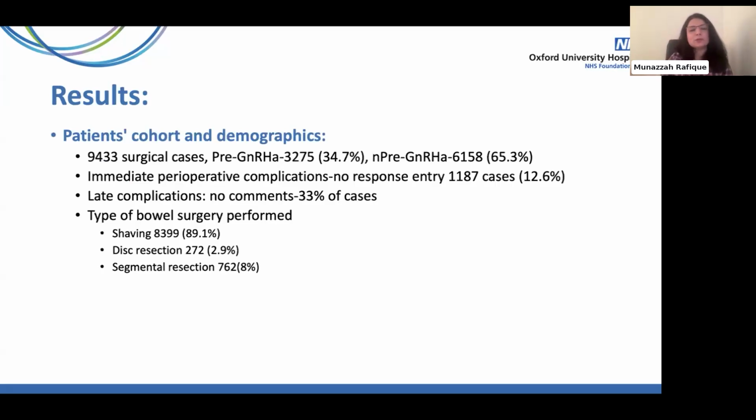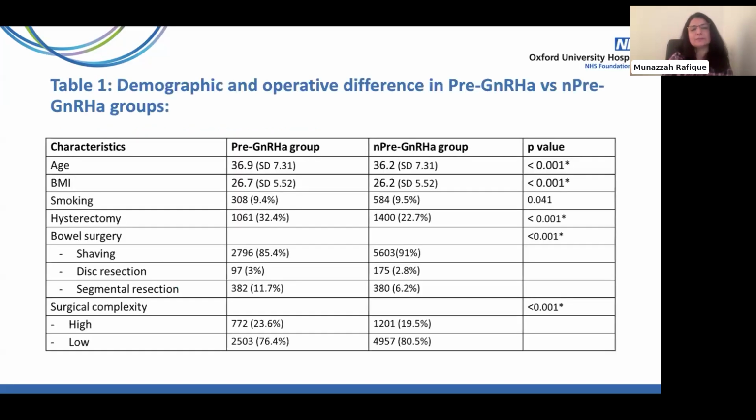The type of bowel surgery most commonly performed was shaving, in almost 90% of the cases, and the second one was segmental resection, followed by disc resection. If we look at the demographics and the operative differences between both the groups, since we have a huge group, we took the mean. It was a normally distributed